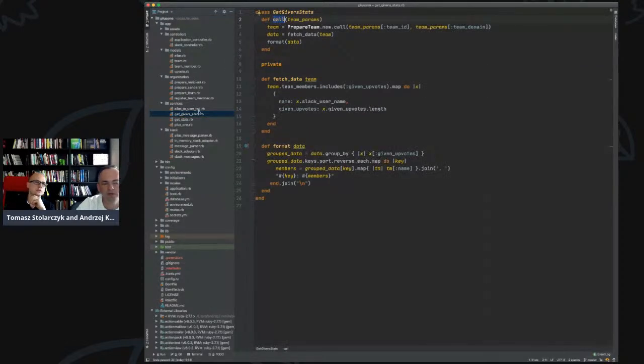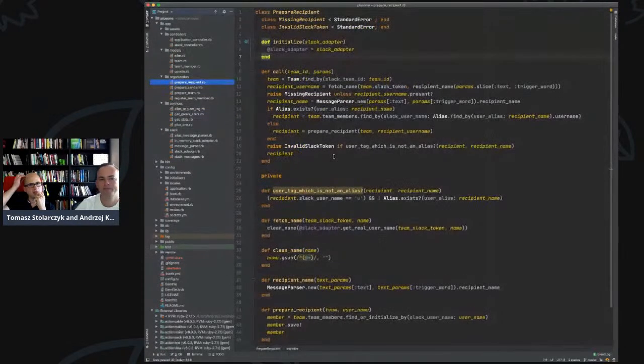I think the worst, let's say, cohesion here was this prepare. Okay. Sender or prepare recipient was most complicated. Yeah, I think so, because it does a lot of things. I mean, it calls the slug. It also creates those aliases. This is like another way of saying what's the command?